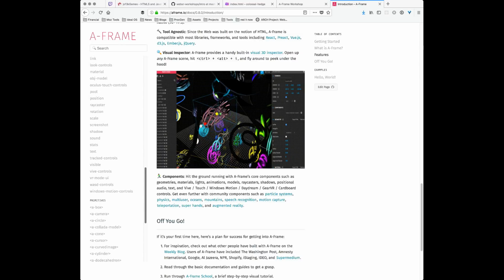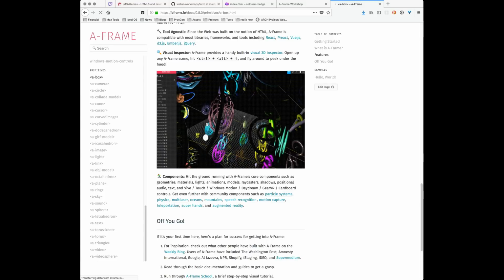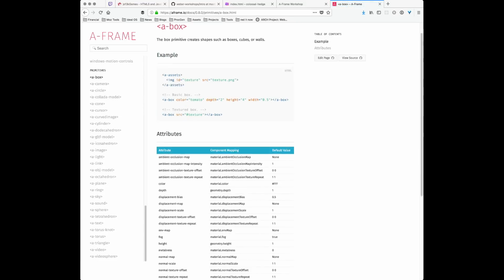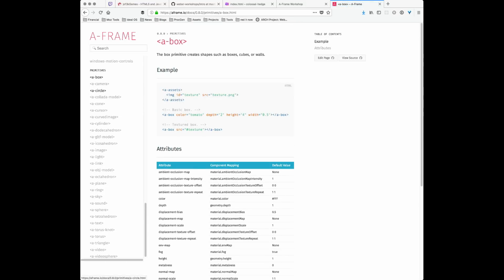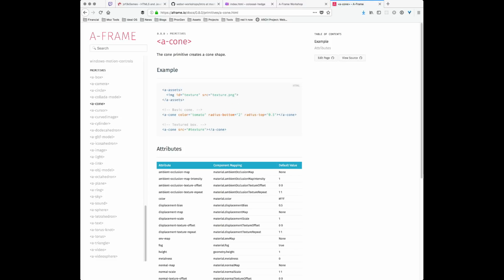Let's look at, let's see, we've got the box, which you've already seen. We've got a circle. Now, a circle is different than a sphere. A circle is an infinitely flat circle. So if you tried to look at it edge on, then you wouldn't be able to see anything. It's used more for things like signs, or if you want the floor of a surface. We got cones,